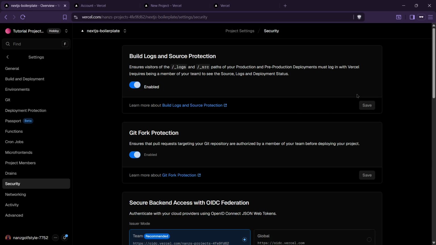Keep in mind that this change only applies to new deployments created after you toggle the setting. Your existing deployments won't be affected. Also, this is specifically about making your source code and build logs public, not about removing password protection from preview deployments. One more thing, you can also make a deployment public on a per deployment basis using the Vercel CLI